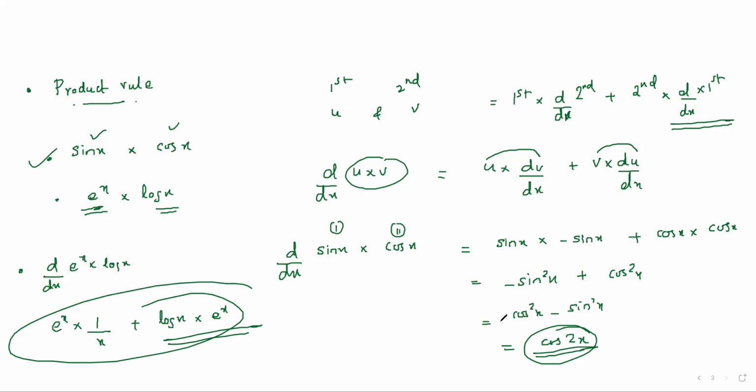Okay. So next is the quotient rule. Now that you understood the product rule, it will be easy for you to understand the quotient rule. We use the quotient rule when you have two functions which are divided by each other. Suppose you have a function of this form, u by v. Whenever you are asked to find the derivative of u by v form, the rule is